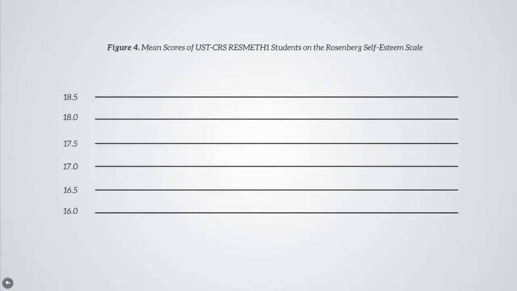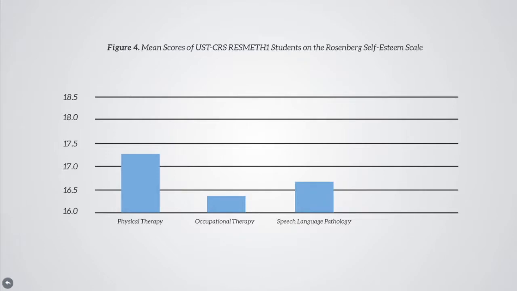Mean scores of UST CRS ResMeth 1 students on the Rosenberg Self-Esteem Scale by course. Physical therapy students show a mean score of 17.27. Occupational therapy students have a mean score of 16.35. Speech-language pathology present a mean score of 16.64. And lastly, sports science students have a mean score of 18.5, reflecting that sports science students have the greatest sense